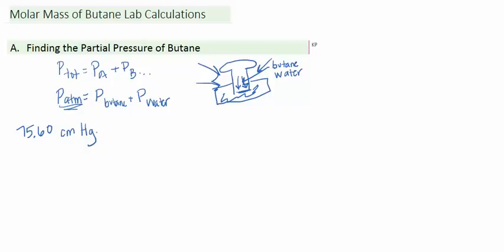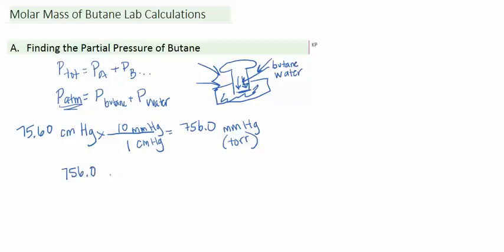So I need to convert the centimeters of mercury, and that was the atmospheric pressure, to millimeters of mercury. So I put centimeters down here and millimeters here, and I know that there are 10 millimeters in 1 centimeter. So I end up with an atmospheric pressure of 756.0 millimeters of mercury. Now we know that millimeters of mercury and torr are the same thing. So either one of those, it's 756.0. So that's this number right here. So P atmosphere is